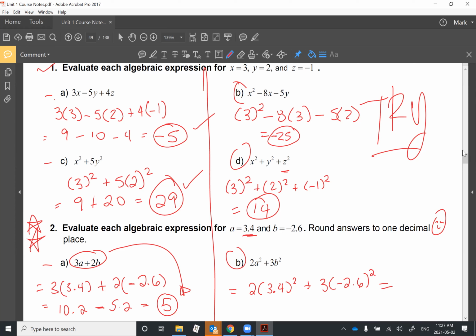Now remember, the -2.6 is in brackets and we're squaring it. It will become positive when we do that calculation. Does it matter? No, because your calculator will do it for you, as long as you use brackets. I cannot stress that enough. So for this one, I get